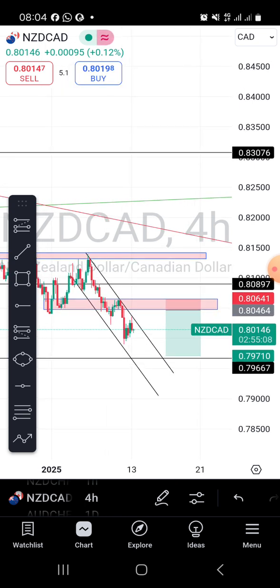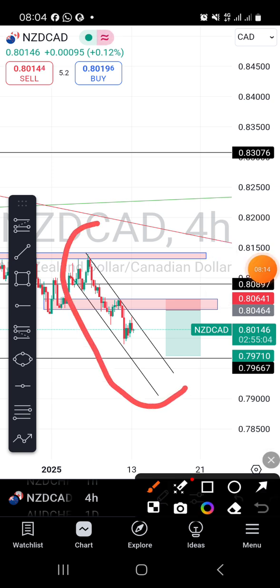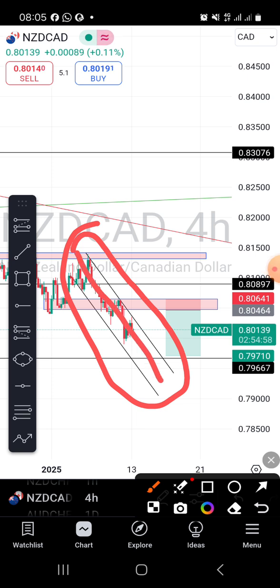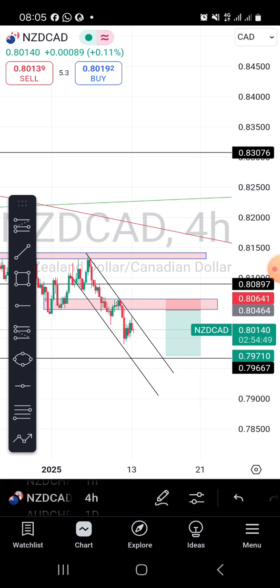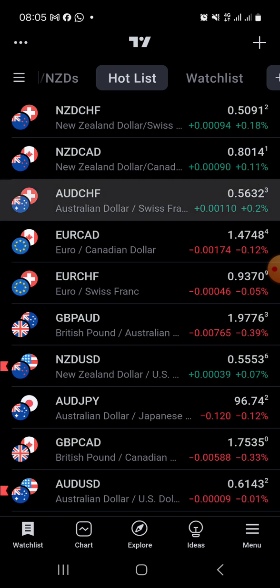In this channel we have here, if this particular downtrend line fails, then we expect the market to move up to this level, then come down. However, we can still expect our movement within this channel. Okay, then the third one on the list,